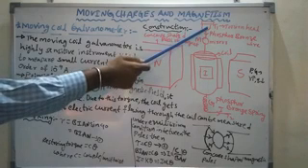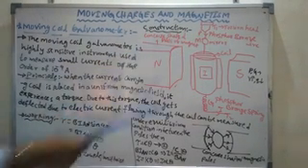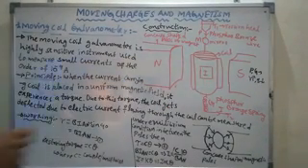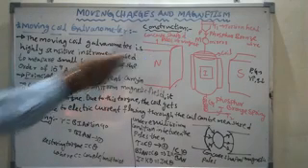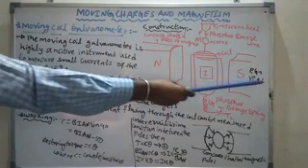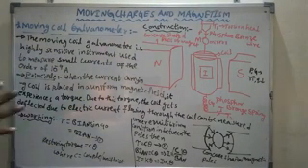Okay, the wire is attached to the torsion head. This wire is made of phosphor bronze. Phosphor bronze has a high Young's modulus and low rigidity modulus. Then what happens? Only a low extension takes place. Understand? High Young's modulus and low rigidity modulus, so low extension, there is no extension in the wire.